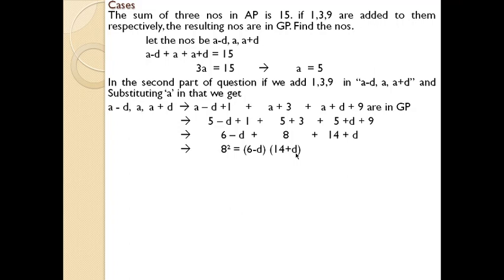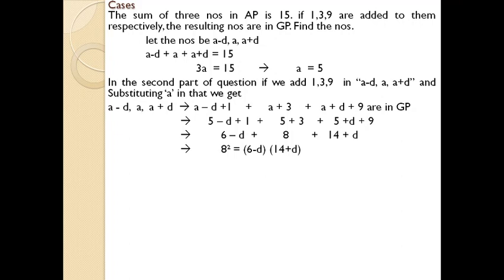How did we arrive at this situation? It is quite tricky, but you will understand the concept. In the question it is said that if we do some addition or some specific method, which has been stated in the question, you will get numbers in geometric progression. We all know what is meant by geometric progression. One specification of a geometric progression is that there is a common ratio: if you multiply a number by it, you get the next number.